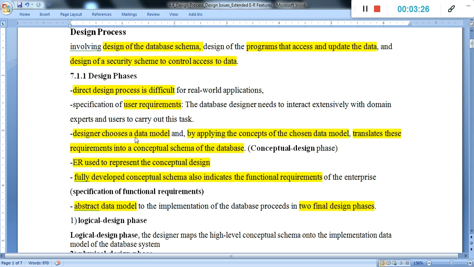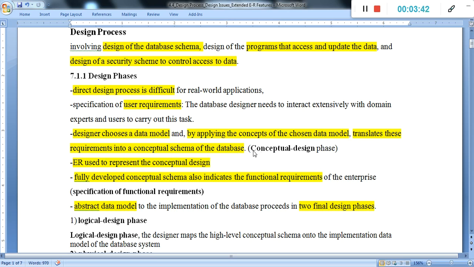These are the data models. With the help of the user requirement, we decide on a particular data model, and the designer chooses the data model, and by applying the concepts of the chosen data model, translates the requirement into a conceptual schema of the database.